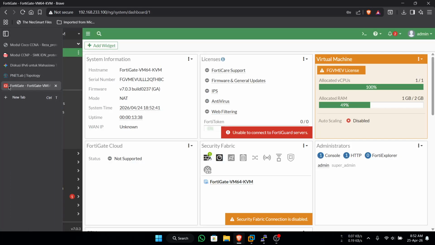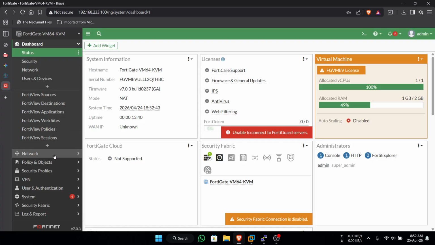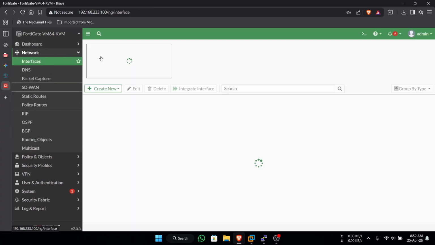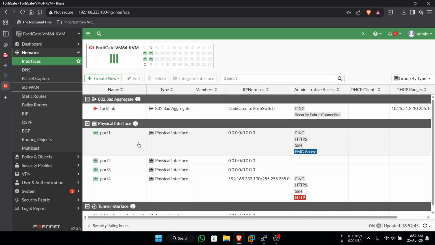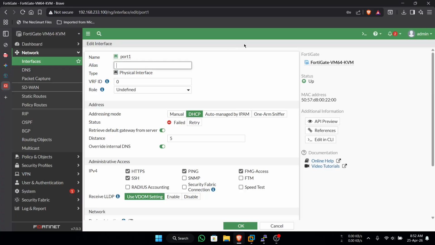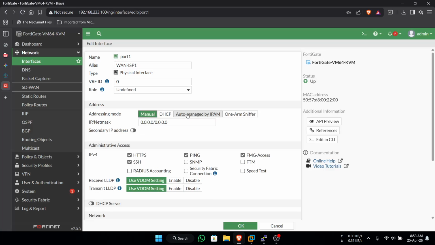So we will configure first from interface. Go to network interface, and this is port 1, port 2, port 3. Click two times, and for the alias you can rename it ESP1. Addressing is manual.